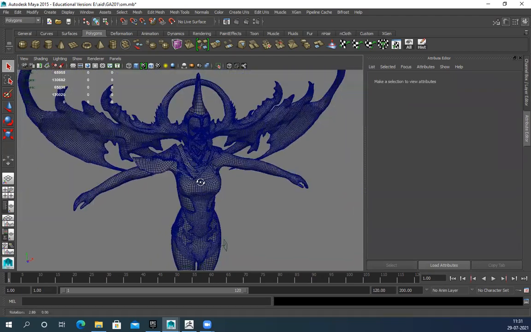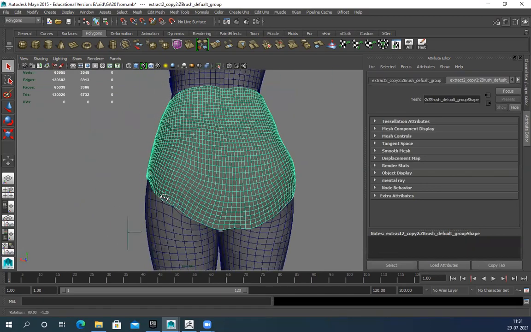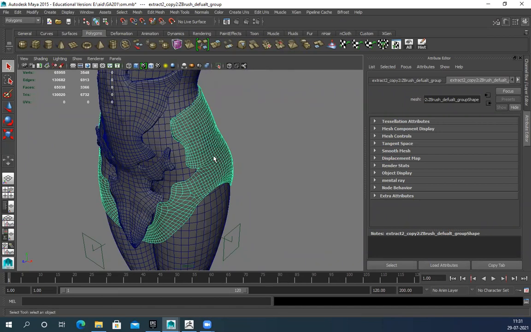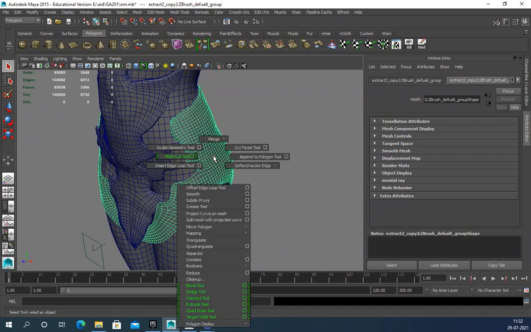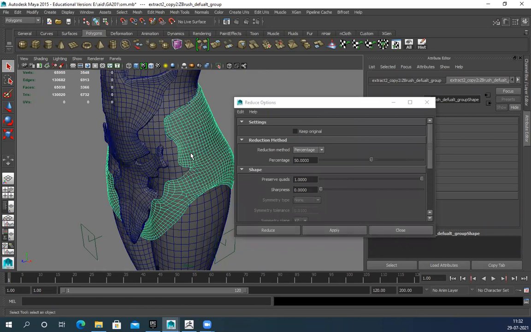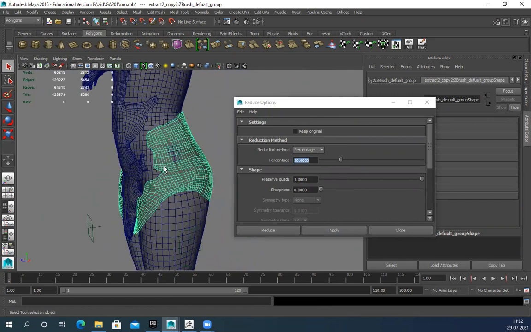Okay. For this part now I want to optimize. There is an optimize option in this, it's 2015 anyways, I don't know if it's there or not. Let's see. Reduce is there. Let me see if it works, because in 2020 this works very nicely. You can define a percentage, maybe 20%, and reduce. See, it automatically reduces, and it retains all the shape and everything.